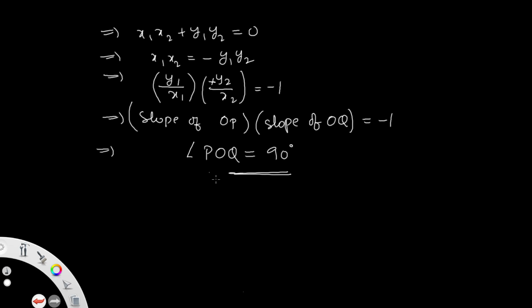So the question is in this form: given the condition z1 into z2 bar plus z2 into z1 bar equal to 0, let the points be taken as z1 and z2. So z1 bar is its conjugate, and z2 bar is nothing but x2 minus i y2. Then substitute in the given condition, and you get the slope of OP and slope of OQ product equal to minus 1. Therefore the angle between the points POQ forms 90 degrees. Then the condition is proved.